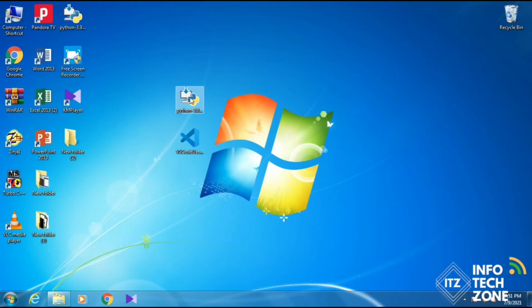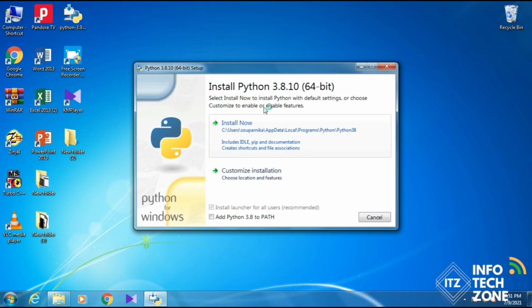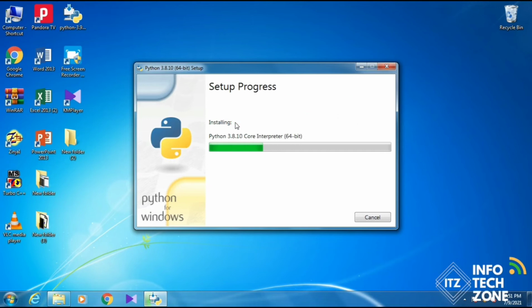Open the downloaded file to install Python. Make sure you select the install launcher for all users and add Python 3.7 to path checkboxes. The latter places the interpreter in the execution path. For older versions of Python that do not support the Add Python to Path checkbox,